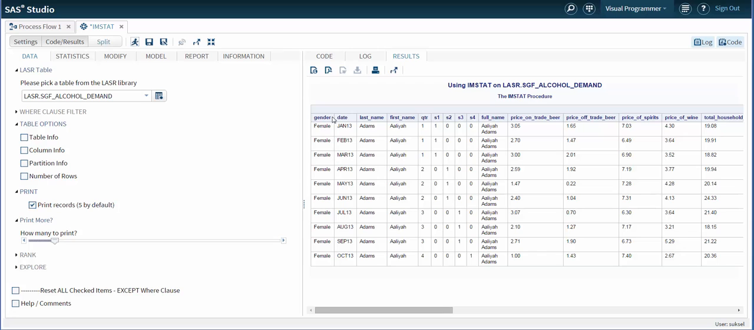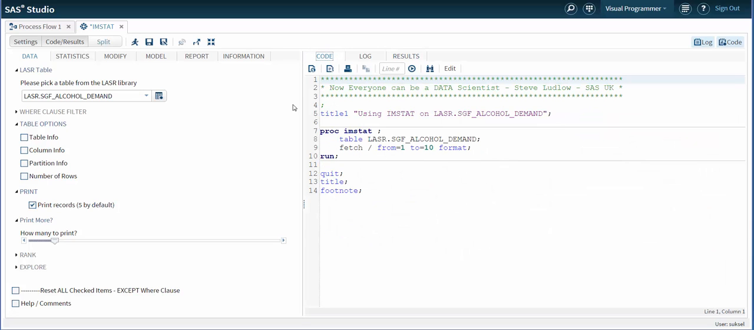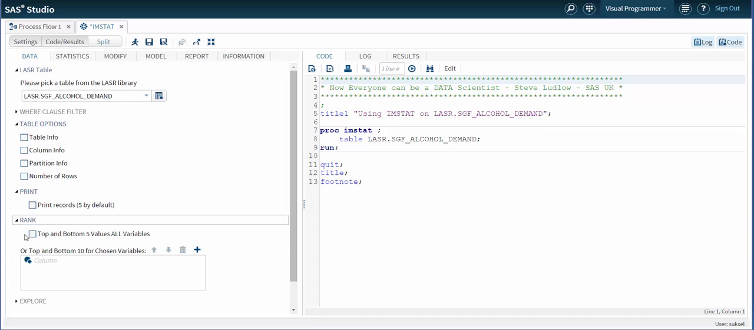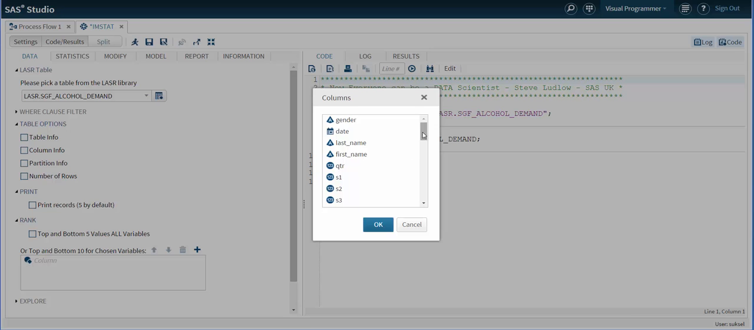It's typical things that a data scientist would want to be able to do. Again, let's turn off that print statement, we don't need to run it all the time, and let's maybe look at some ranking of that data. Now if we select here, we'll get a top and bottom five values for all variables, but maybe I actually want to look at the price of